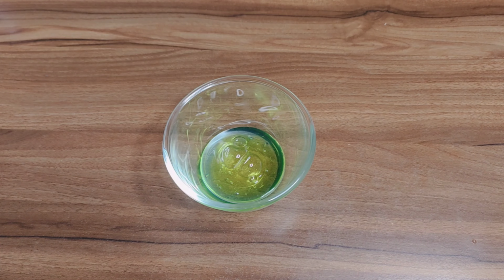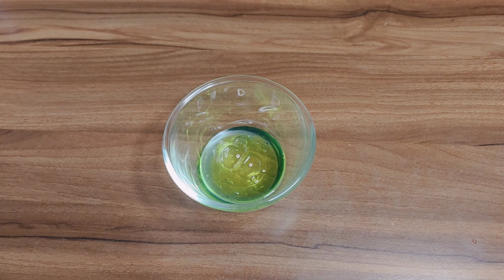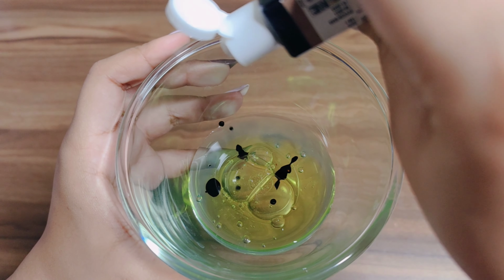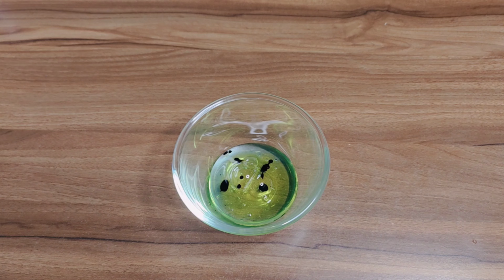So now as you guys can see, the color will be something like green, but for this video's sake, I'm going to add some chocolate food coloring into this because why not? This is our video, we can add whatever we want. So I'm just going to add a few drops of chocolate food coloring and mix it all in. यहाँ पे मैंने water add नहीं किया है because